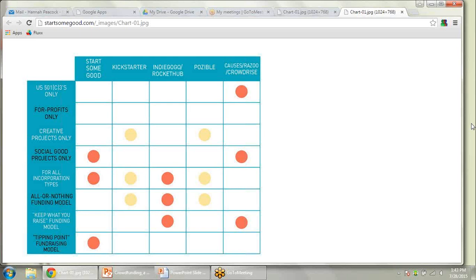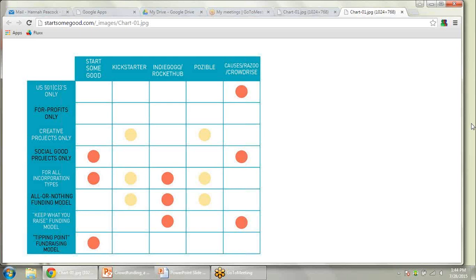Something like there are two funding models. One is called all or nothing, and that means once you set a goal for your crowdfunding campaign, if you don't make that goal, you don't get anything. Everybody gets their money refunded. And then the other funding model is called keep it all. The keep it all funding model is based upon the idea that regardless of how much you raise, you get access to every dollar that you receive.